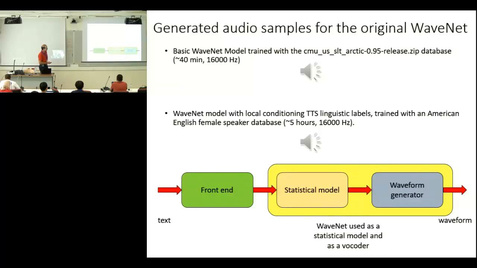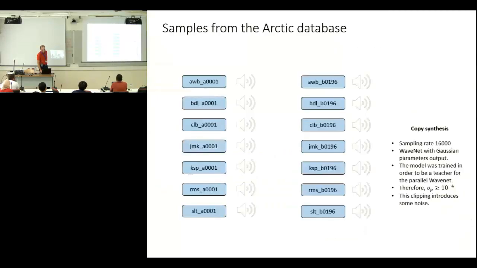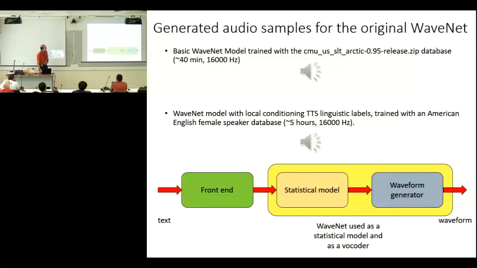That was the original proposition of WaveNet, to use linguistic features and use the WaveNet both as a statistical model and as a vocoder. However, people realized sooner that if we use the WaveNet only as a vocoder and insert conditional information, not linguistic, but just speech features, such as spectrogram or mel filter banks or cepstral coefficients, then the quality is much, much better.